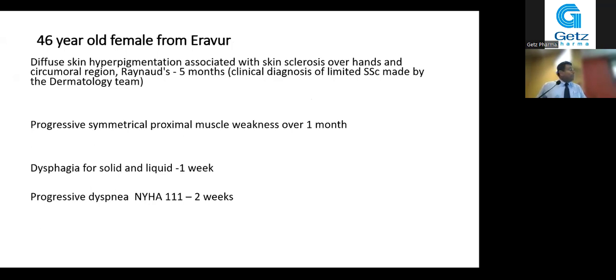quite recently. This is a 46-year-old mother of two kids from Eravur, who presented giving us a 5-month history of skin sclerosis involving the circumoral region, hands and feet, associated with typical Raynaud's phenomenon, and this was diagnosed as limited systemic sclerosis by the dermatology team. However, she presented with progressive